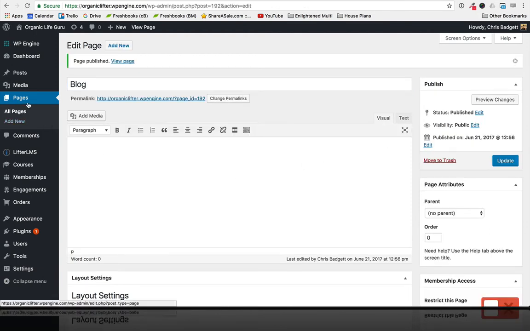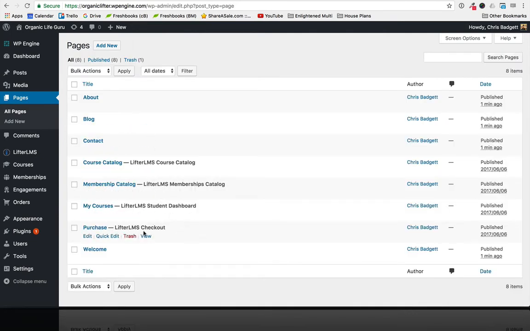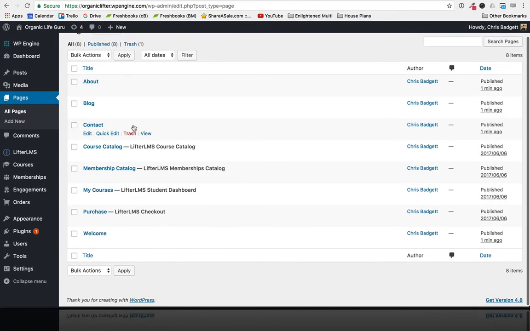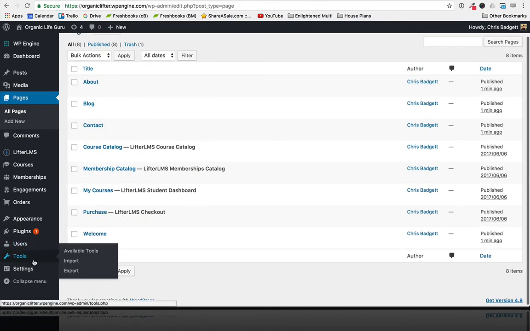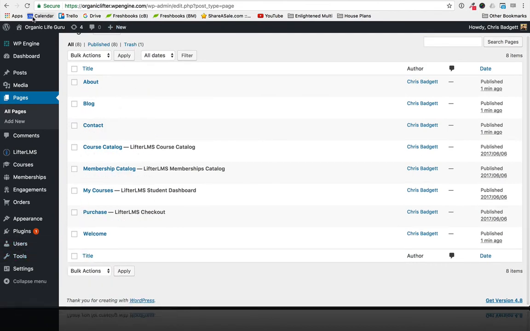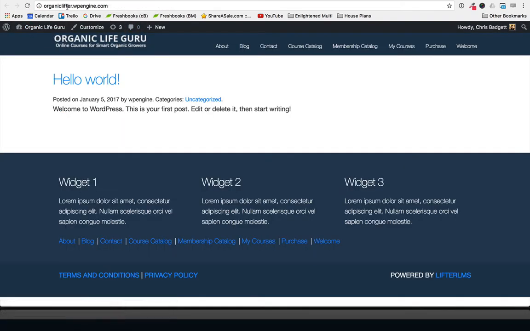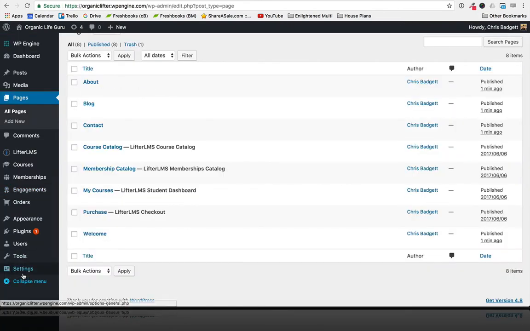So now if we go and we look at our pages, we can see that we have the 4 LifterLMS pages, and then we have these 4 other pages that we just created. So we're just going to assign the blog to the blog page, because if you look at it right now, the home page of the website is actually the blog, and we're going to move that over to a blog page, because in most cases for an online course or online school, you do not want the blog as a home page. So if we go into the settings,